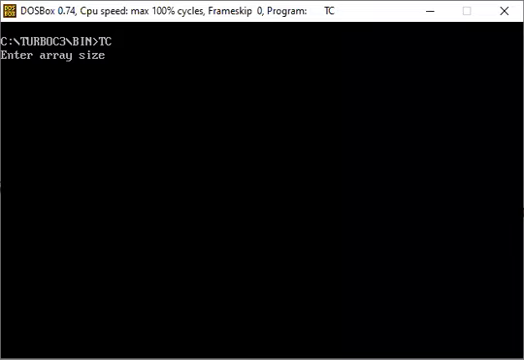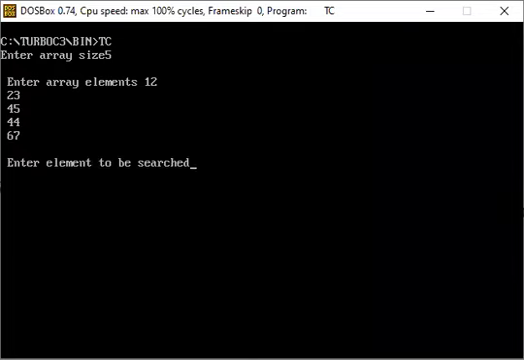Okay, let's suppose I am giving the size as 5. So I am adding all those elements like 3 and 45 and more, and the last element I am giving is 67. Let's suppose I am giving the value as 45. It will tell you that element 45 is found at position 3.